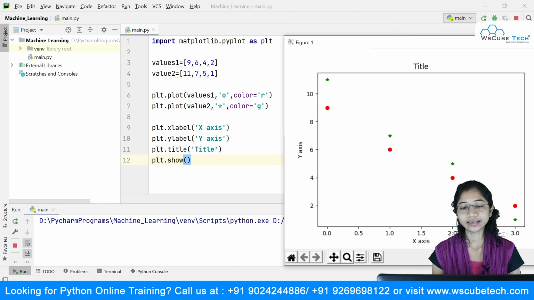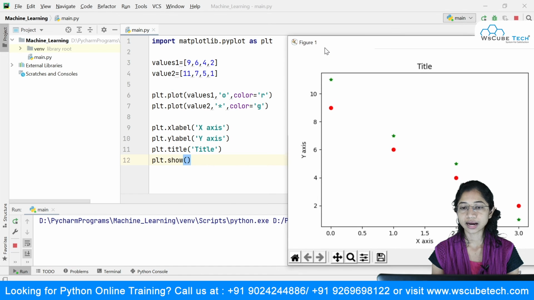So I will do a quick recap over here. Basically, what we studied is that we wanted to plot our data by making use of the matplotlib library. I imported this particular package, matplotlib, and inside this package, pyplot is a submodule.